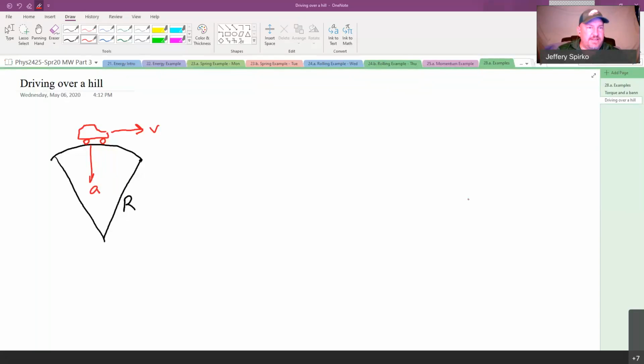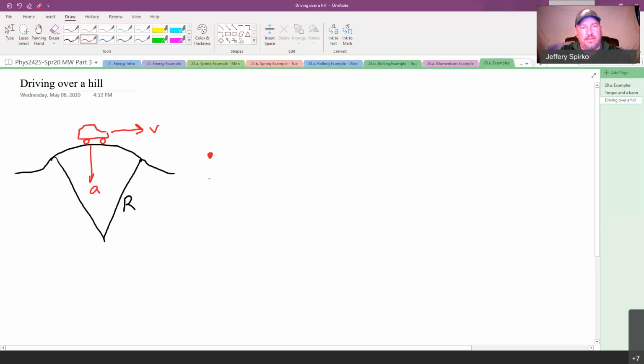The requested example is about driving over a hill and the acceleration, and let's see if we can learn the forces also. So I've set up the car on a hill, so the road presumably continues like this, but the hill itself has a certain radius of curvature. Now, when the car is at the top of the hill, you're going to have, as the forces acting on